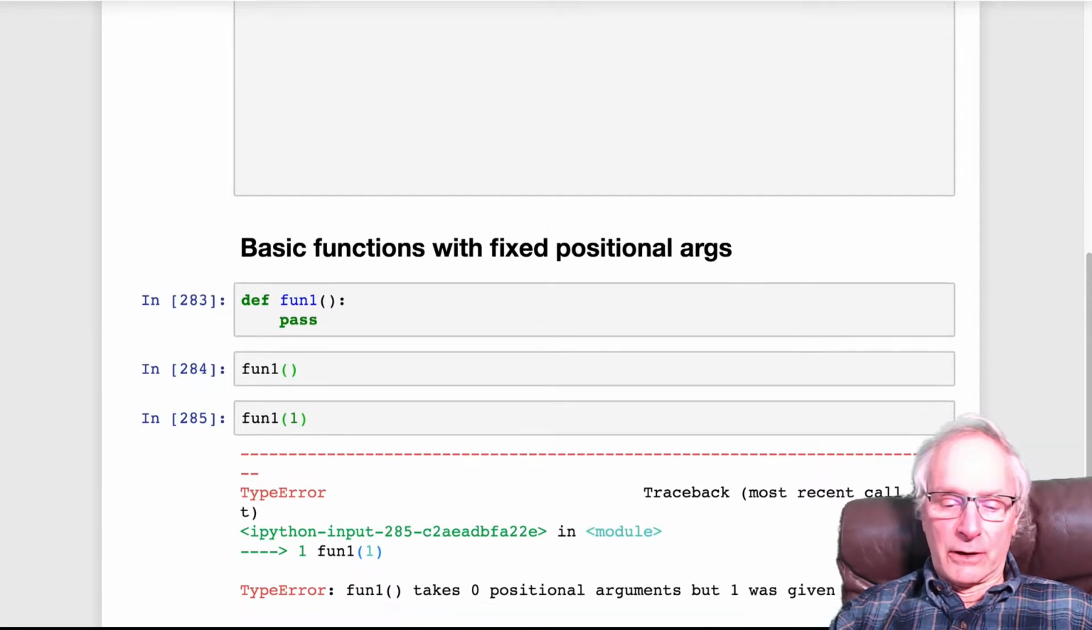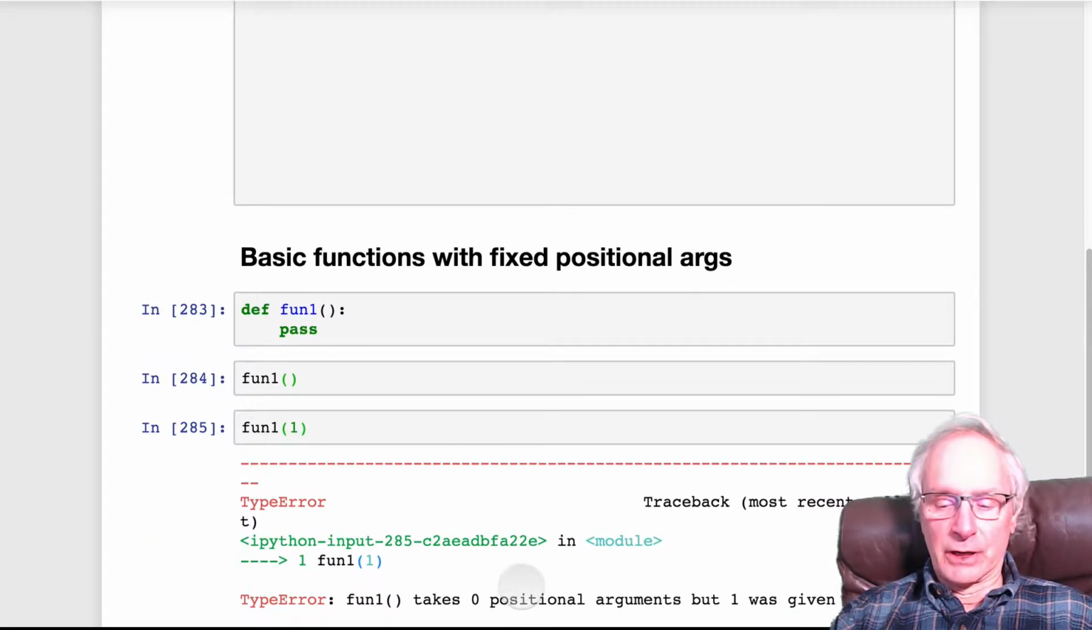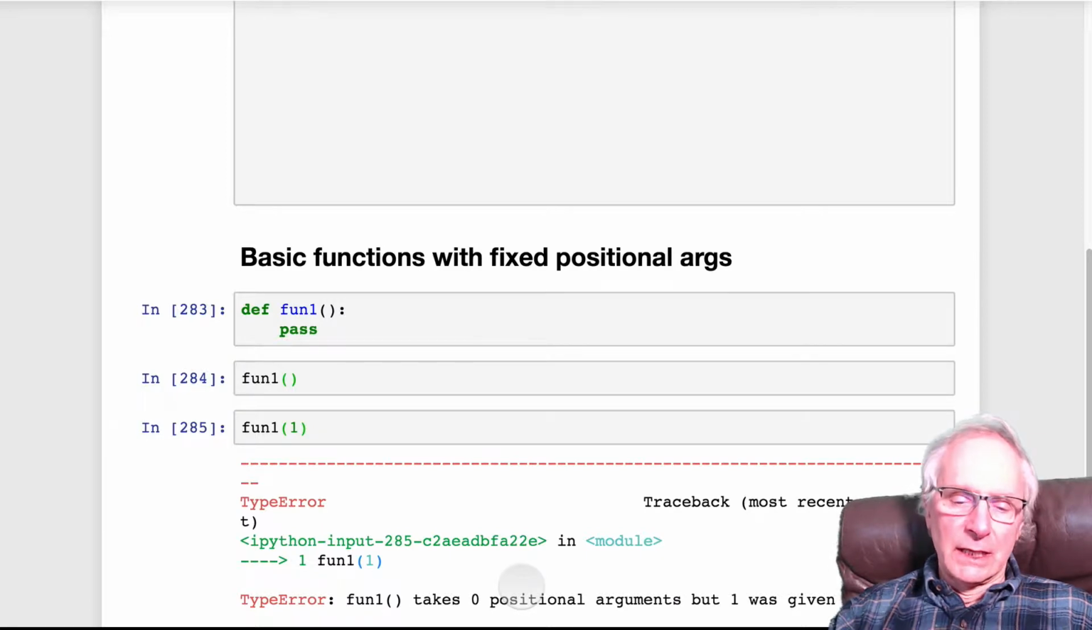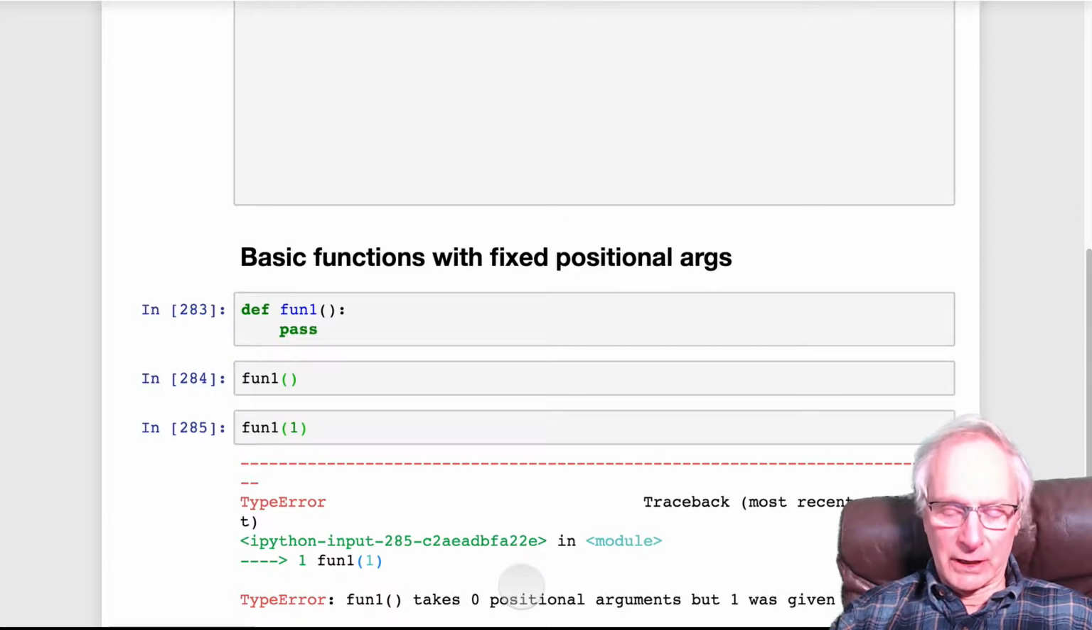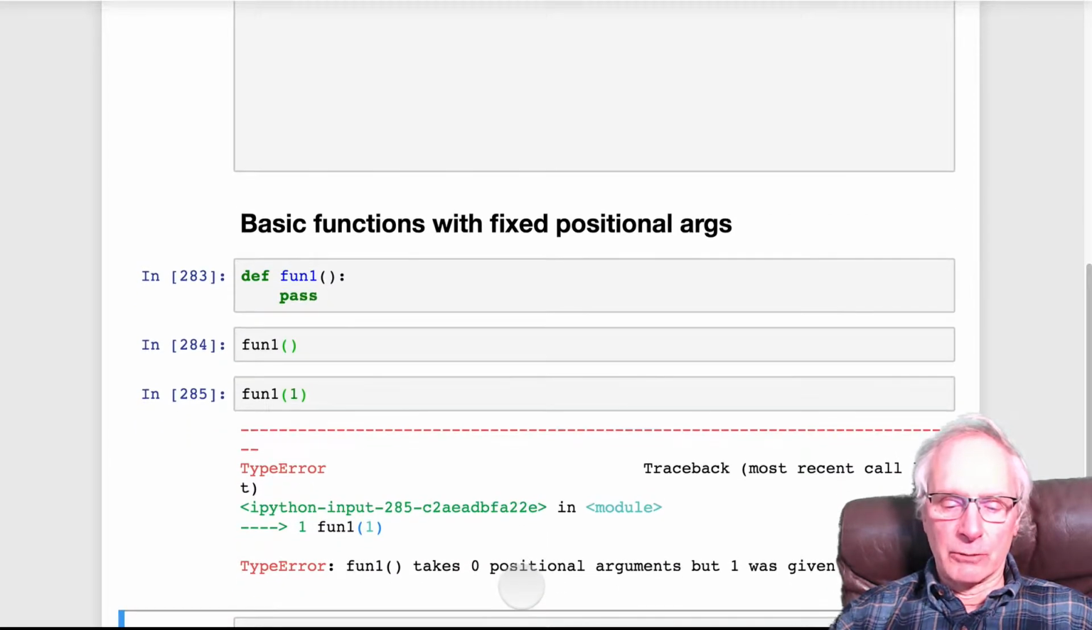Well, we get an error. Function 1 takes 0 positional arguments, but 1 was given. So this gives rise to an observation of one of the few times where Python actually does some basic type checking. Whenever you define a function and call that function, it checks to make sure that the number of arguments is correct. It doesn't check anything beyond that, like what the types are, but it will check the numbers of